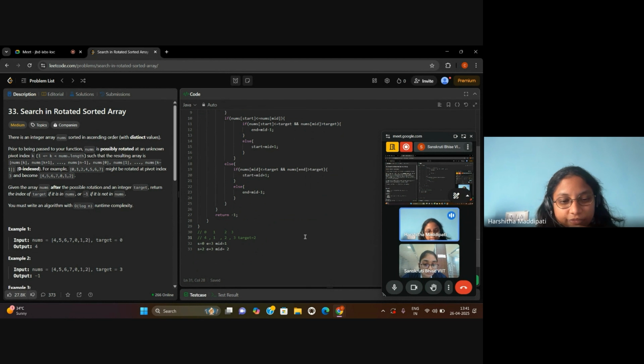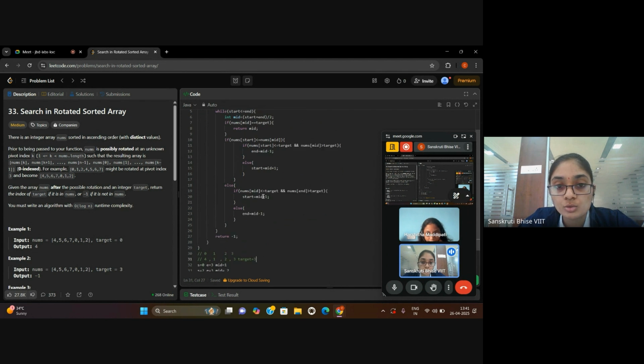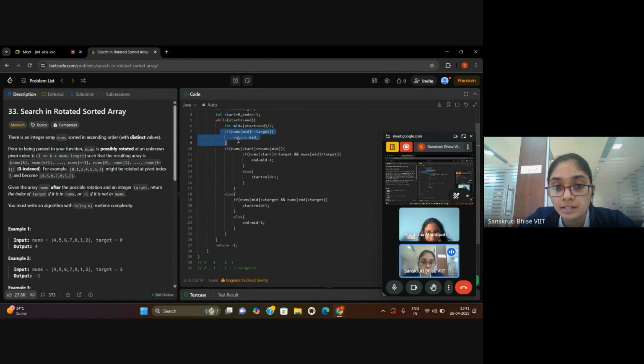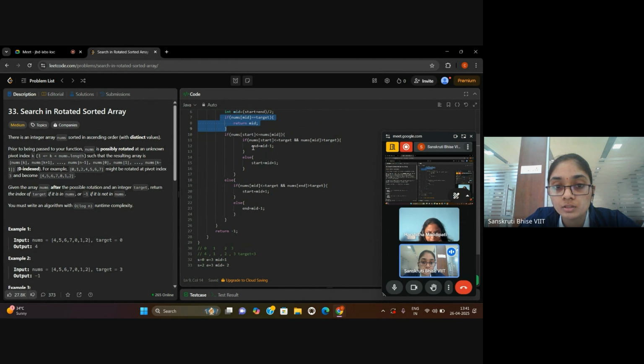So let's say the target is 3. Then this condition will not be satisfied, and we will check the next condition with start and my mid at 2. We will enter this condition and check whether my target 3 is between 2 and 2.